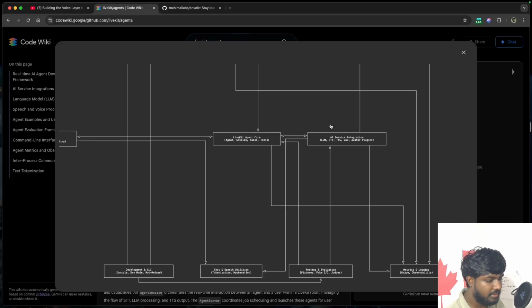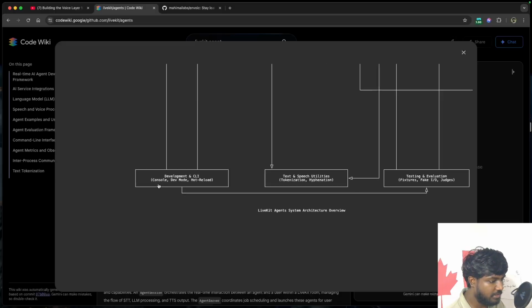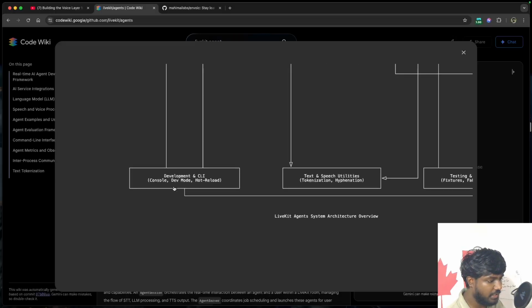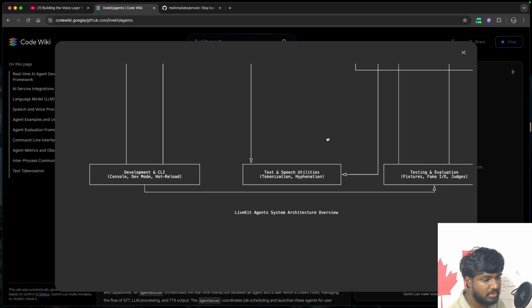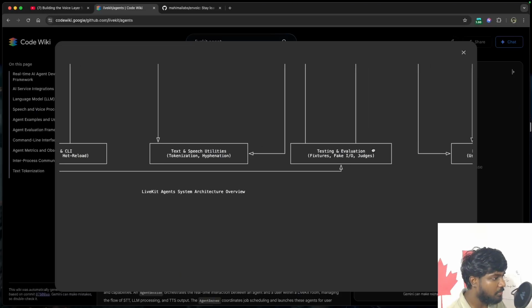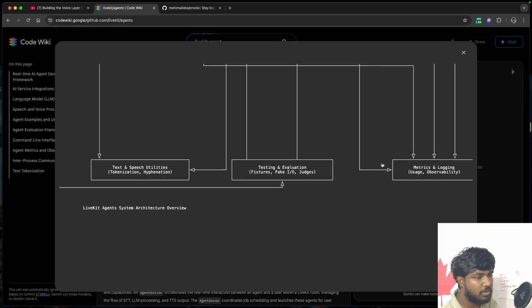So yeah, it is pretty good. It is almost covering everything. See, there is a CLI, console, dev mode, and hot reload. Perfect. You can understand the high level of how it actually works. If you're going to go line by line, or use other approaches, obviously it will take time, but